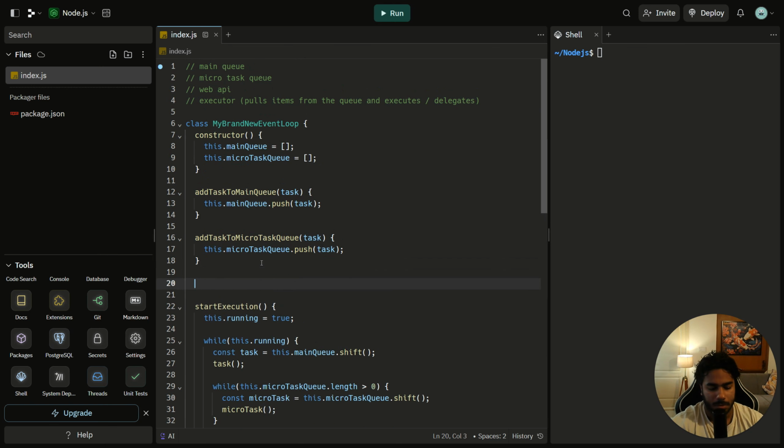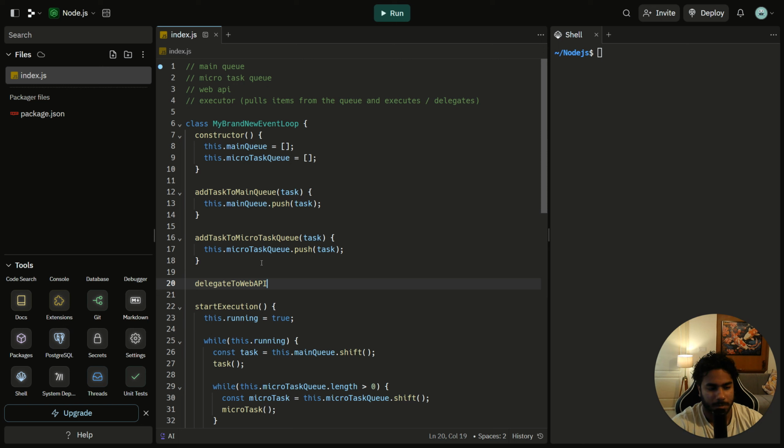So what we do is let's have a function like we discussed. The WebAPI is something that JavaScript uses to delegate the time-consuming things to something else. Since it's a single-thread language, it cannot run multiple operations in parallel. So it would delegate something to WebAPIs, and the event loop will keep on running. So that's what. Then let's call it delegate